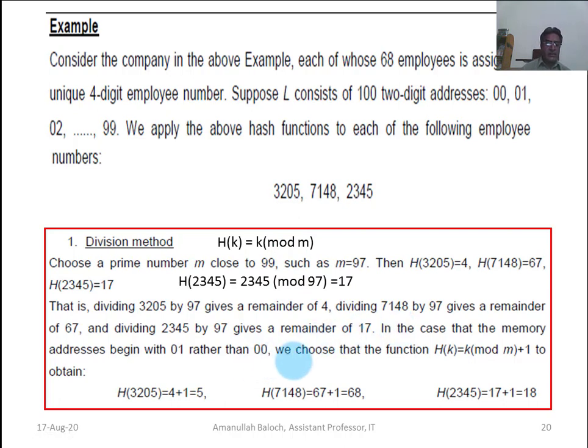In such a situation we utilize this hash function, k mod m plus 1. If a 0 remainder is computed here, it is added with 1, and it will make the index number 1, because such programming languages do not contain the 0 index.